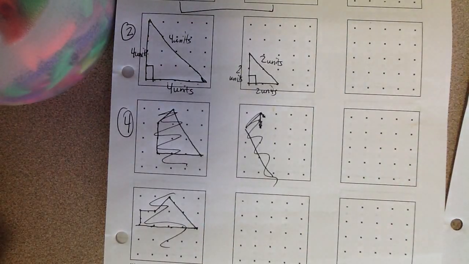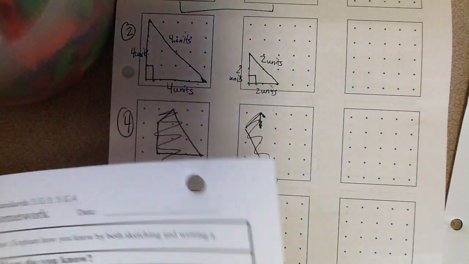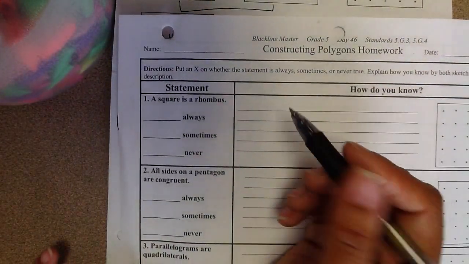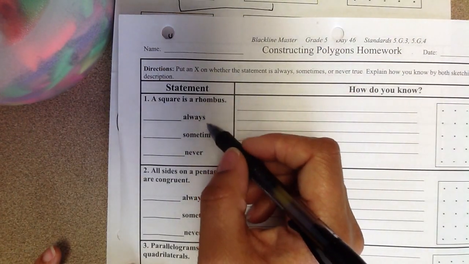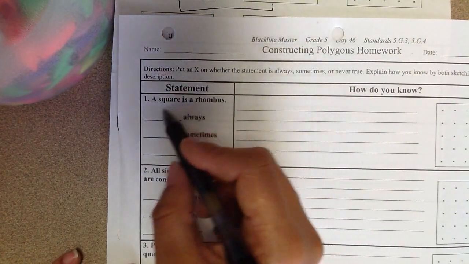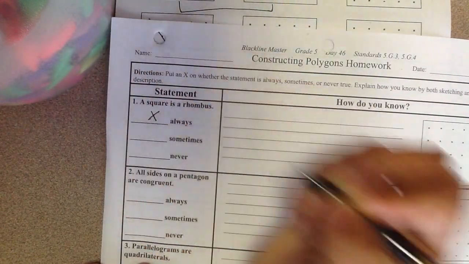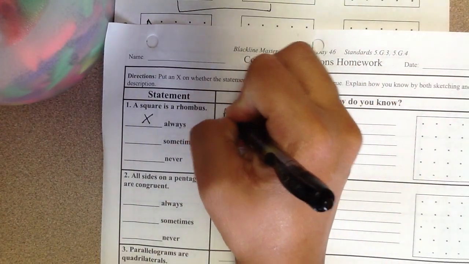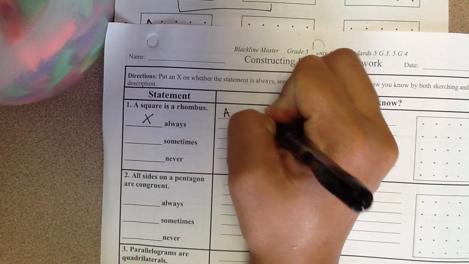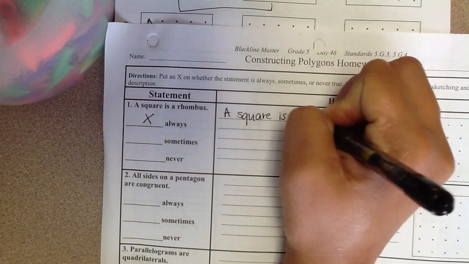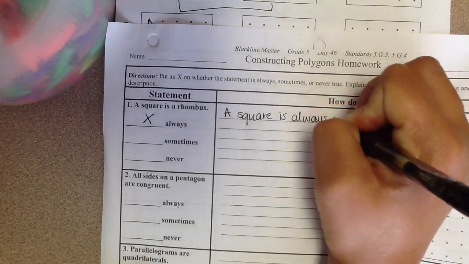All right, the next thing I want us to look at is the constructing polygons homework. It says a square is a rhombus: always, sometimes, or never. We're supposed to put an X where we think it fits and explain our reasoning. A square is a rhombus, and we're going to mark always. And the reason why a square is always a rhombus